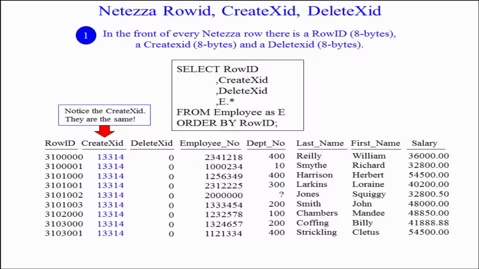Take a look at this. We are going to have a RowID. Where's that come from? By hashing the distribution key. We're also going to have a CreateXid. Where's that come from? Anytime you're going to do a load, they'll say, we're going to give that a CreateXid. So if I loaded 1,000,000 rows, every row would have the same CreateXid, which says, oh, these were created in